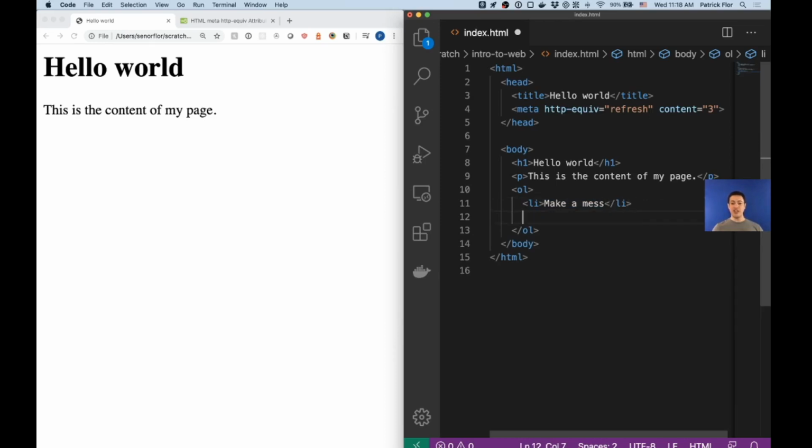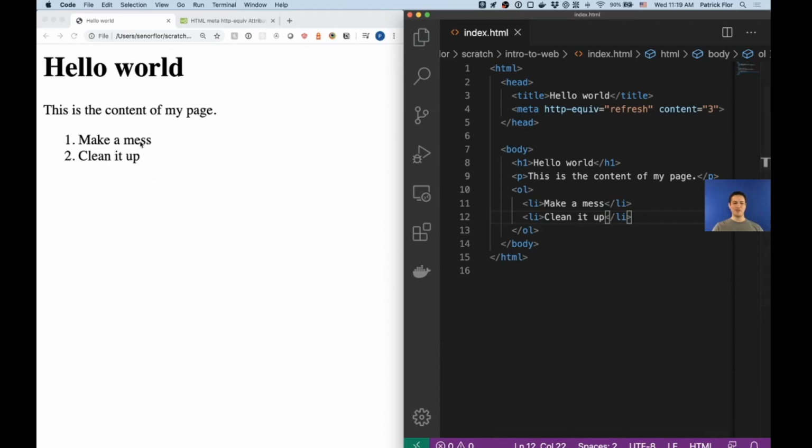We're going to say the second step is clean it up. Okay, save. There it is. Make a mess, clean it up. Really, there's a third step, but we'll put it in parentheses. And that is